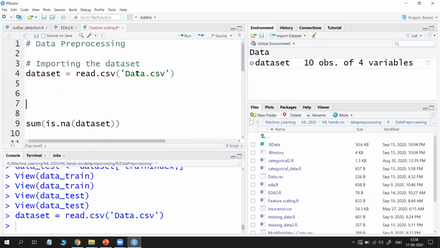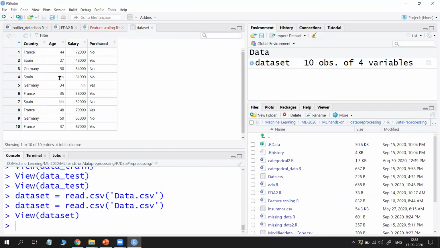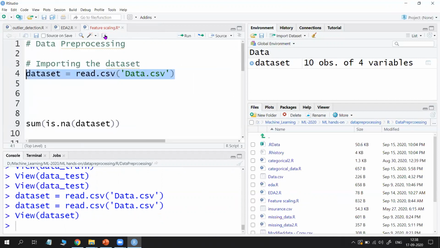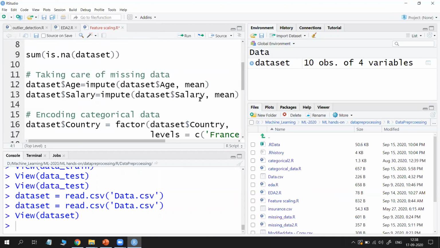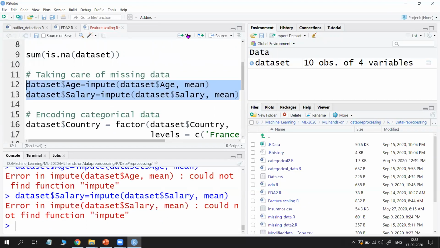Now we will see. I just loaded my data set. It is already clean, but it has some NAs, that means missing values. So I used the impute function. I discussed these missing values in the fifth video. If you want to know how to handle missing values, just go to the fifth video and listen to it.